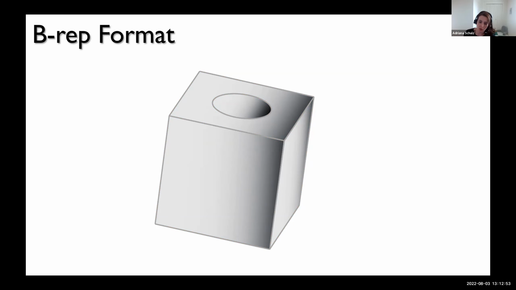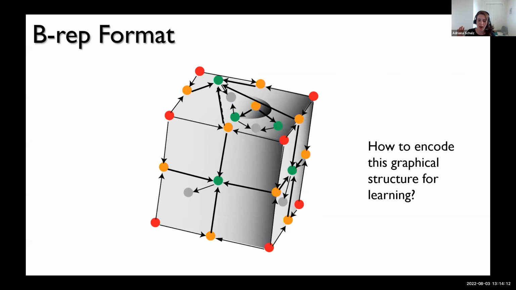And because a BREP is this topological graph, we can think about this as just adding a node to each of these topological entities and now defining this as a graph. But how do we then encode this graph so that we can do machine learning on top of it? So I'm going to take 2 seconds. This is, I think, the part of my talk that's going to be a little bit more technical. But I want to tell you a little bit about how we can do machine learning on BREP data and why it's hard and how we can solve it. I'm going to keep it high level, but feel free to ask questions.